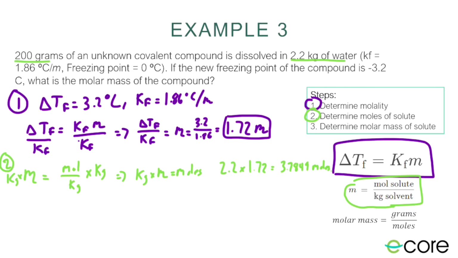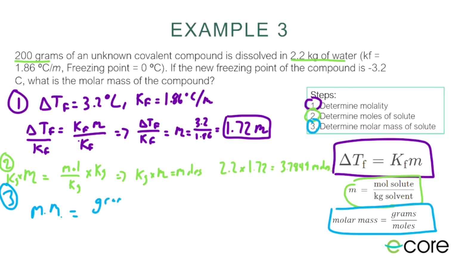Step 3 is going to be finding molar mass. Remember that the definition of molar mass is grams per mole. So this is the equation I'm going to use here to go ahead and calculate the molar mass. No algebra needed here because I already have molar mass, which I'll abbreviate MM, is equal to grams over moles. And I have both grams and moles. So I'm going to plug in grams up top, which is 200, and I'm going to plug in moles on the bottom, which is